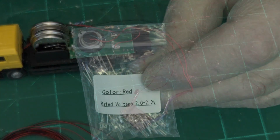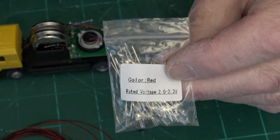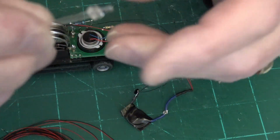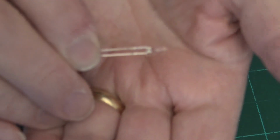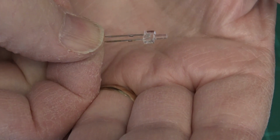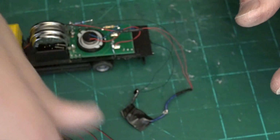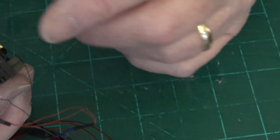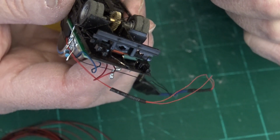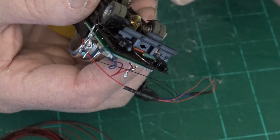And I painted out the rest of them. I bought some of these. And they are, I'm sure you've seen them. They look like that. And these are red. When they come on, they're red. Well, I was able to get those up underneath. I painted the rest of them black, left the ends unpainted, although a lot of red light bleeds through because they're pretty bright, honestly. And I was able to get those wires wrapped in there and around